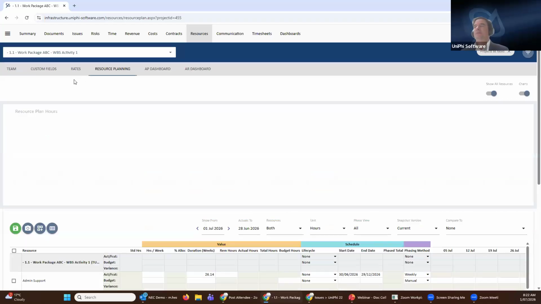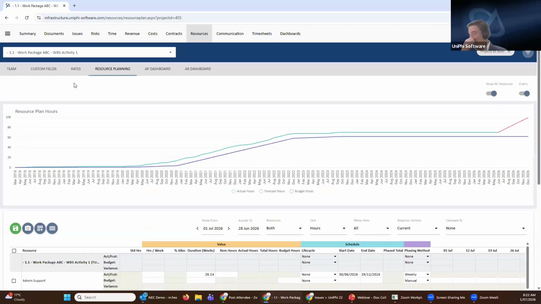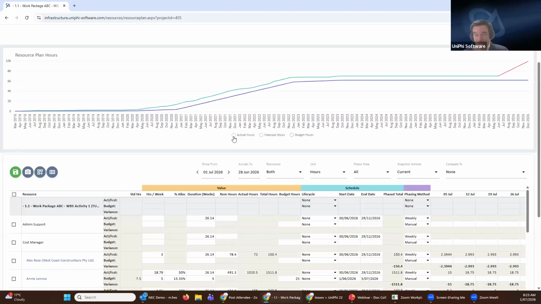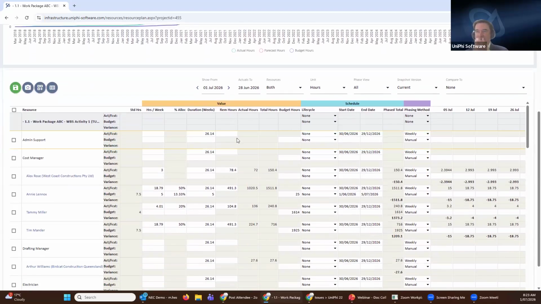So just pausing for breath here on this particular screen, what you can see from this chart, which is quite a nice visual, is the data we're capturing at this particular activity. The blue here is the baseline that's been approved. You can have many baselines and many scenario options. The green is the timesheeted actuals and the red is the remaining work. So that's the data that's been captured in this screen. How it's been captured is in this interface here.